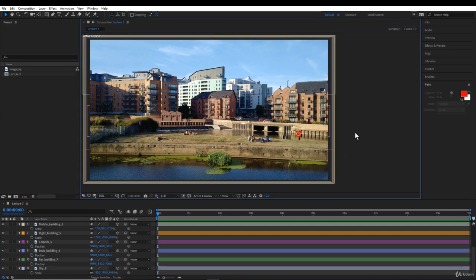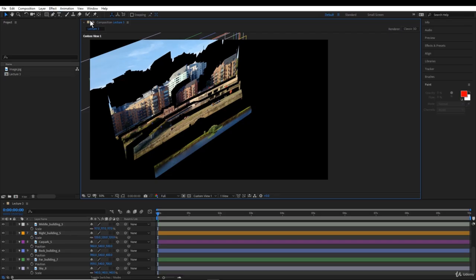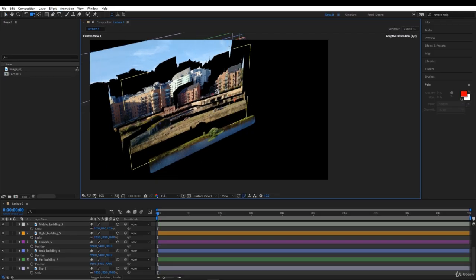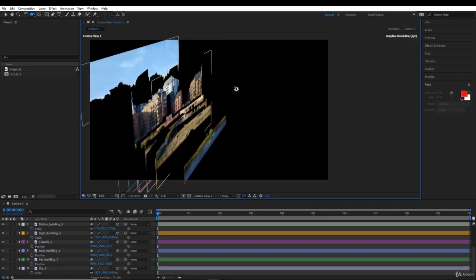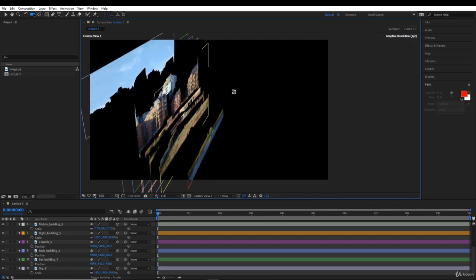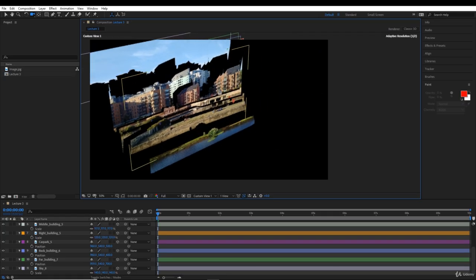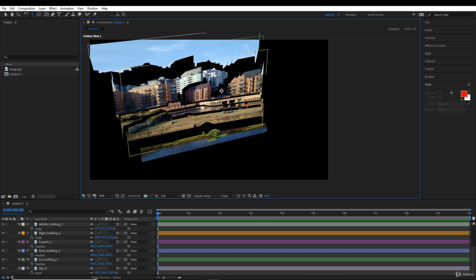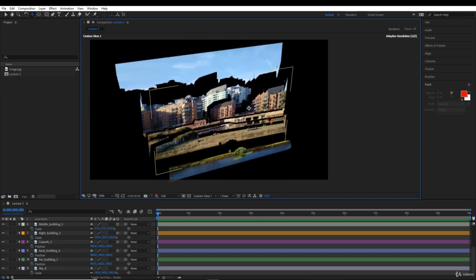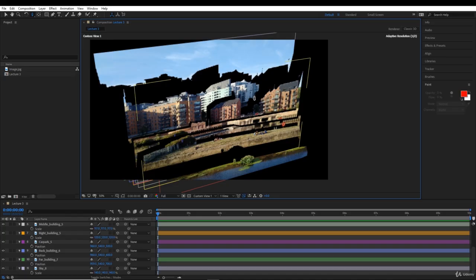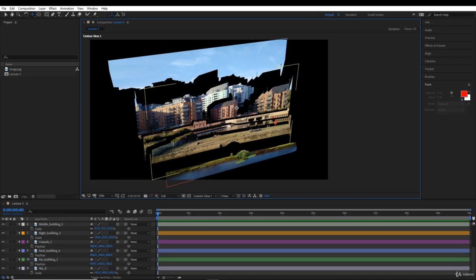So if you remember in the first lecture, I was talking about how this will look like a game of Guess Who. If you click on your cameras, click on Custom View 1, and if you use the C button, you can rotate and actually see what's going on. And this is what causes the depth and the parallax effect. If you press C again, you can move across, and then C again, it zooms. Just use it as a toggle for now. Or you can just click up here. Anyway,